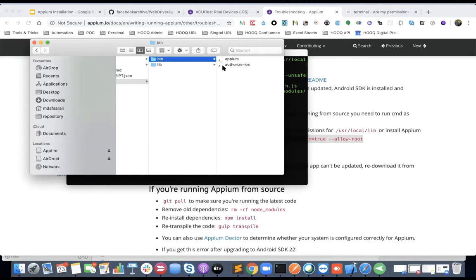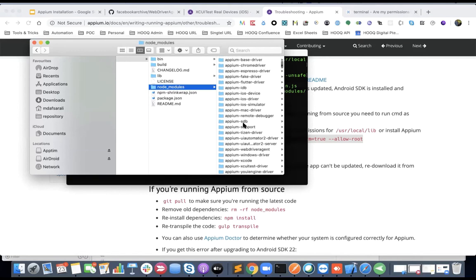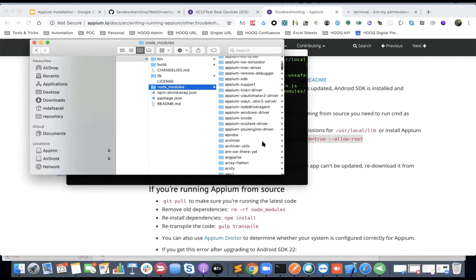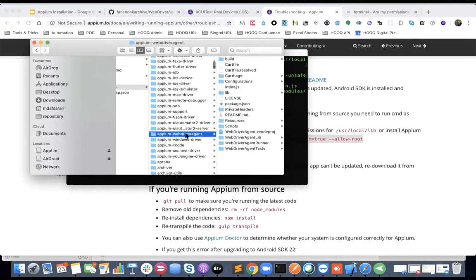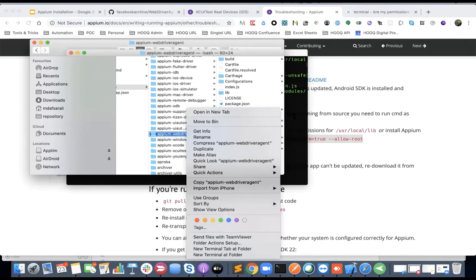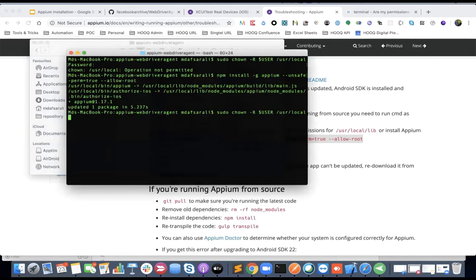Lib, bin, node_modules here, and there is another node module, and WebDriverAgent should be here. All right, WebDriverAgent, and open the command. I think I already have this. So let me just